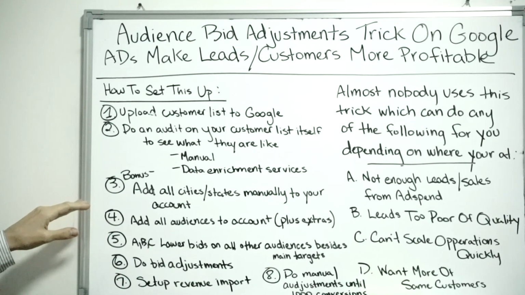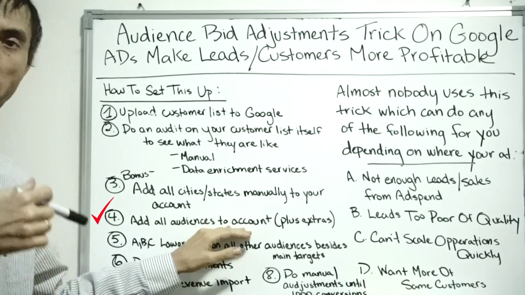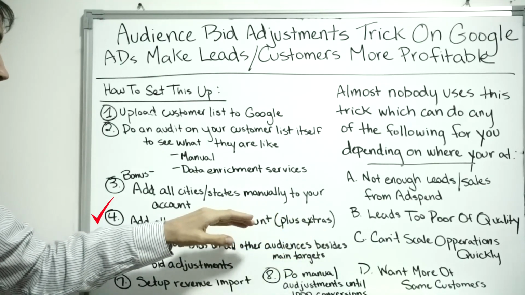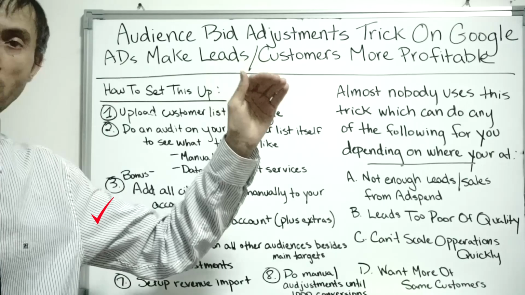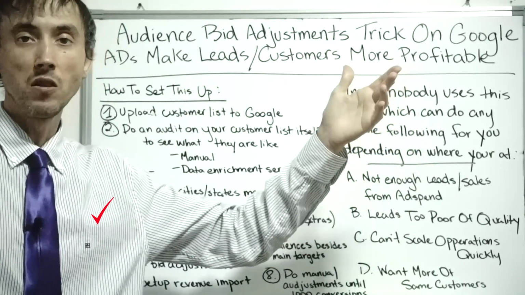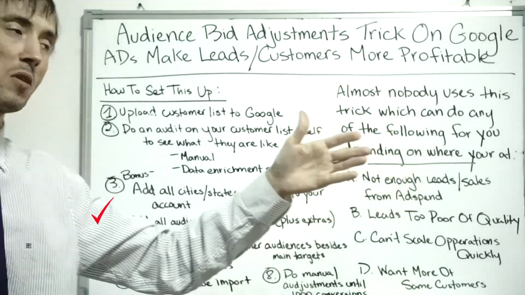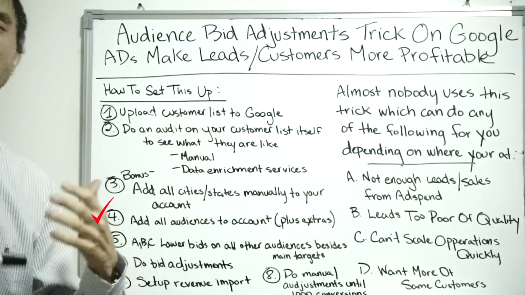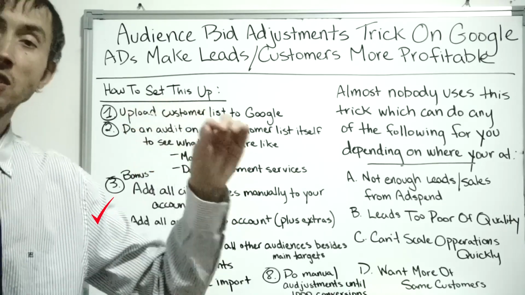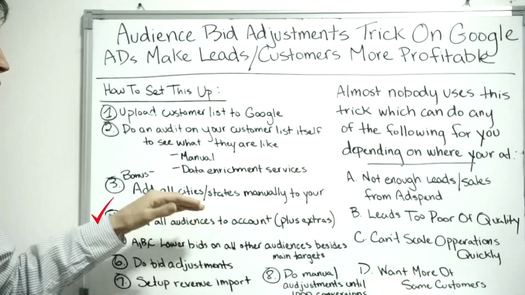you're going to go ahead and add all those audiences to your account in the audience menu, whether you're running search campaigns or display campaigns. But you don't just add that. I encourage you to go ahead and add 500 other unique, random ones, things that ultimately you'd like to see how well they do. What other trends can we find? Because the data enrichment services and Google are only going to give you so much information. If you add 500 other unique audiences, we could see how well someone converts if they're in that audience versus not in that audience, which I'll get into more later.